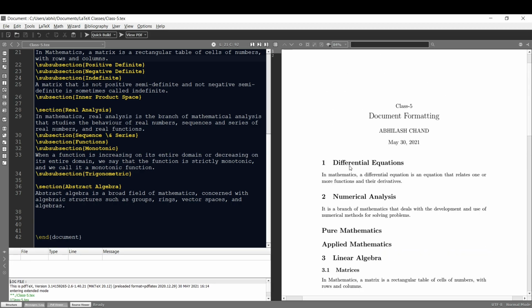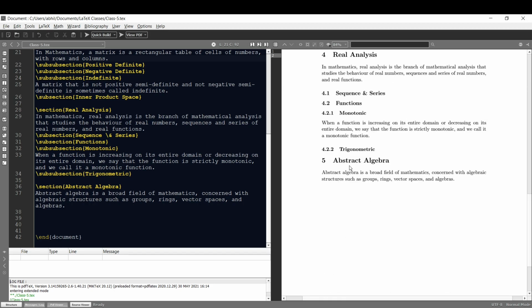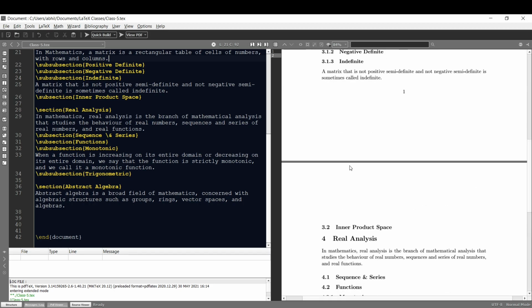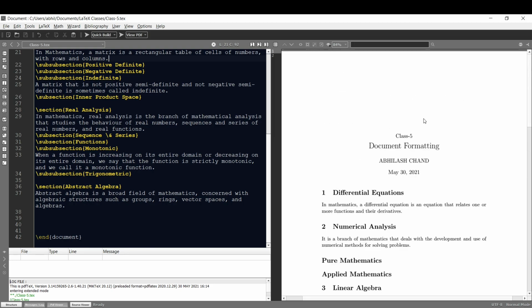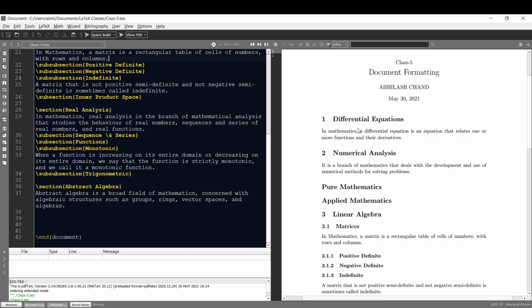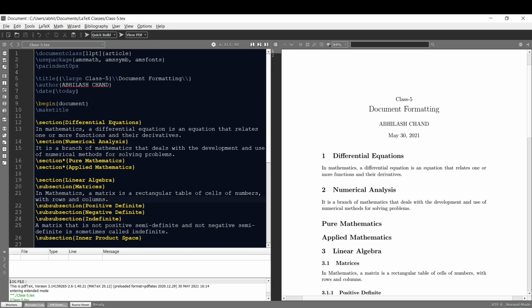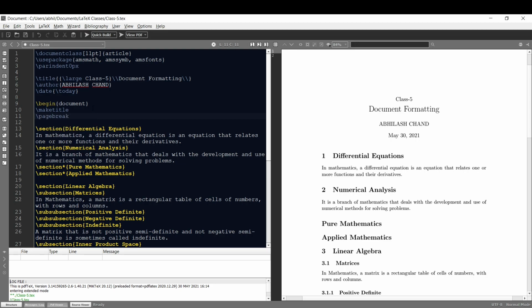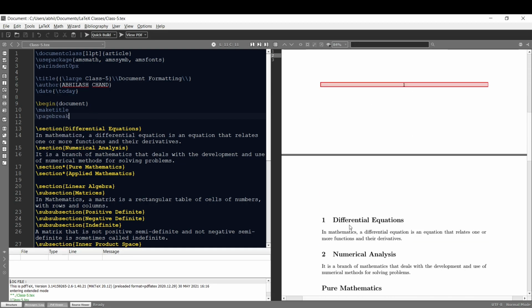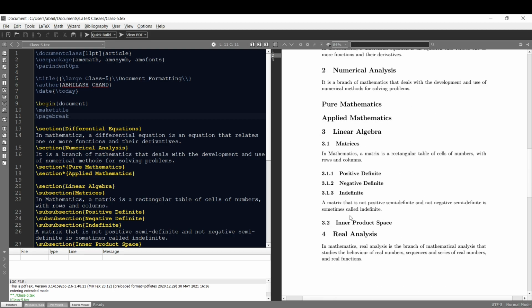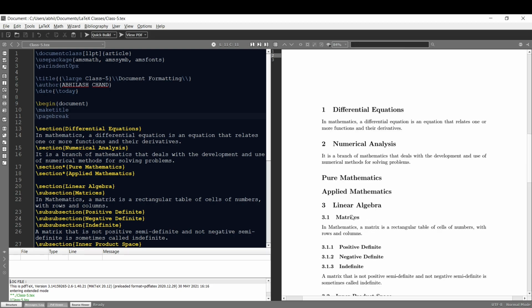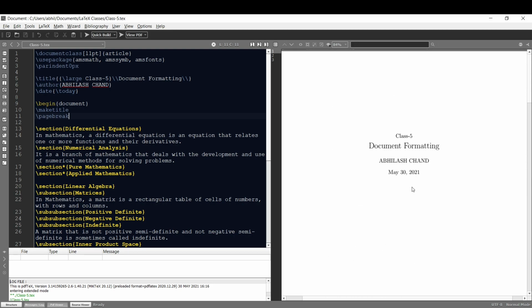You can see in my output document I have created a few sections, subsections and sub-subsections having brief definitions. But here the contents of my title page and my document text are showing on the same page, which I don't want. So let me put a page break command after \maketitle so that the text of my document will start from the next page. If I run this, you can see that my sections, subsections and sub-subsections are starting from the next page and my title page appears on a separate page.